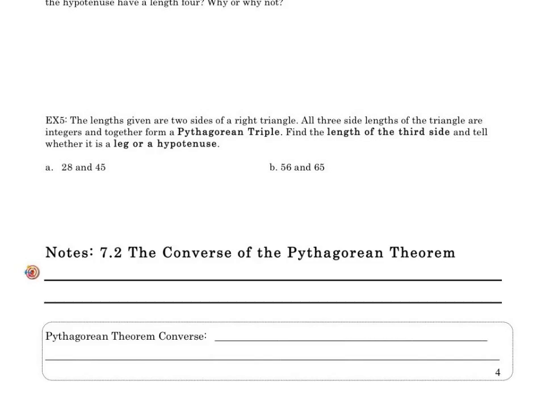Okay, so now we're on the 7.2 notes, and our learning target for 7.2 is that we will be using the Pythagorean theorem converse to determine if a triangle is a right triangle. So if you remember the Pythagorean theorem from 7.1,